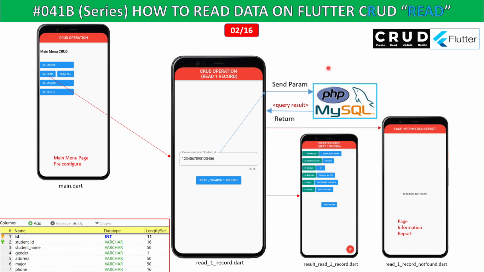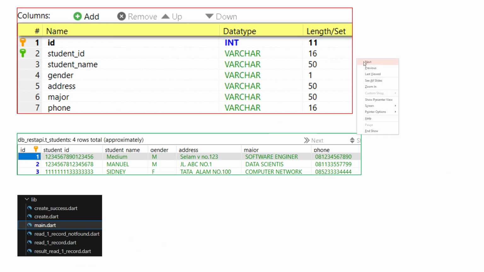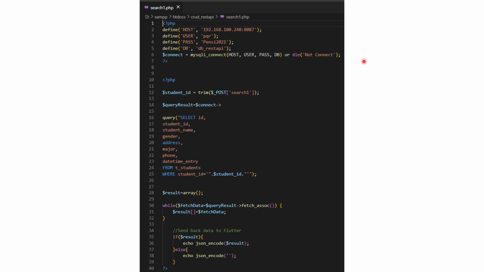Okay, I think that's all for today about how to read a specific record or specific student ID from the database. This is PHP. Yeah, this is a backend script to query data if we send a student ID.